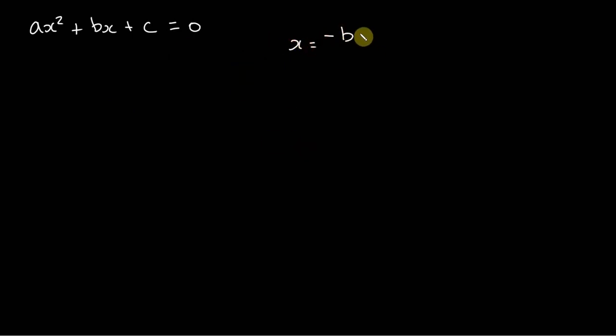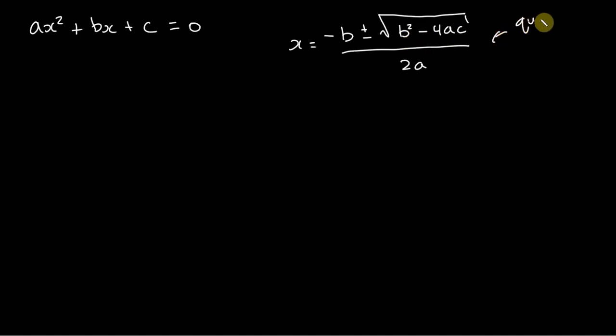x equals minus b plus minus roots of b squared minus 4ac, all of that over 2a. Now what's inside the square root symbol here, b squared minus 4ac? That is the discriminant, and this is extremely useful to know, and I will make a few videos on the discriminant in the future, because it offers a lot of useful information when analyzing a quadratic, but I'll save that for another time. Meanwhile, this is the quadratic formula,